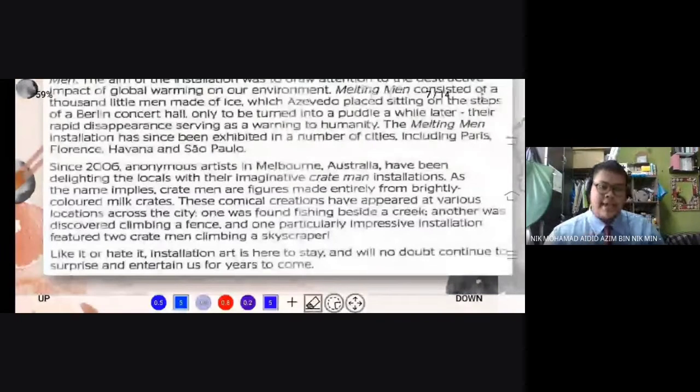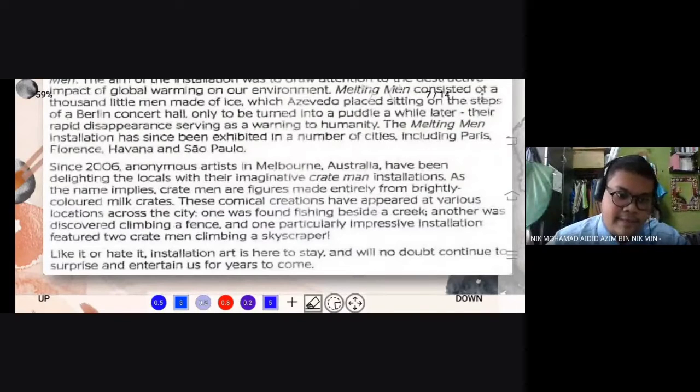These comical creations have appeared at various locations across the city. One was found fishing beside a creek, another was discovered climbing a fence, and one particularly impressive installation featured two crate men climbing a skyscraper.